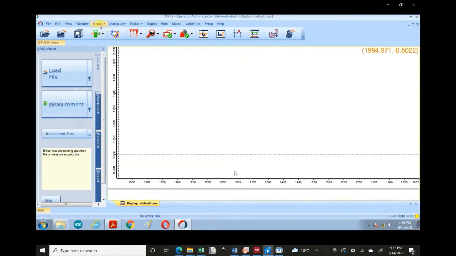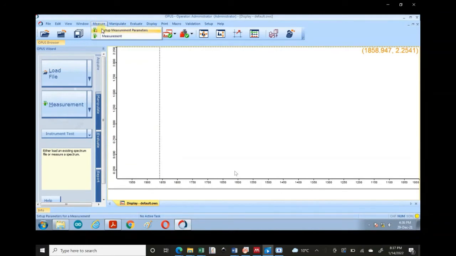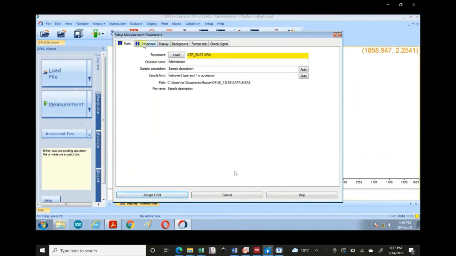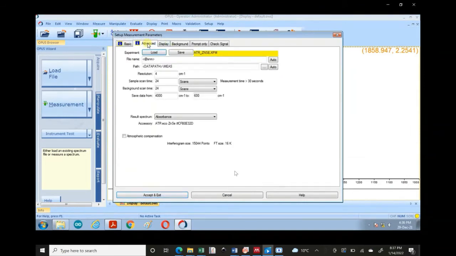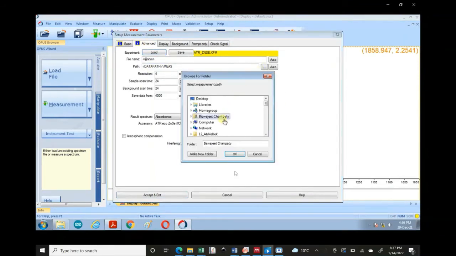So before starting, this is how the window looks, and we'll click on the button which is shown as measure, and we'll click the setup measurement tool, and here we'll choose the advanced option. This window includes the information about where you want to save your file. So we'll just set a desired location,